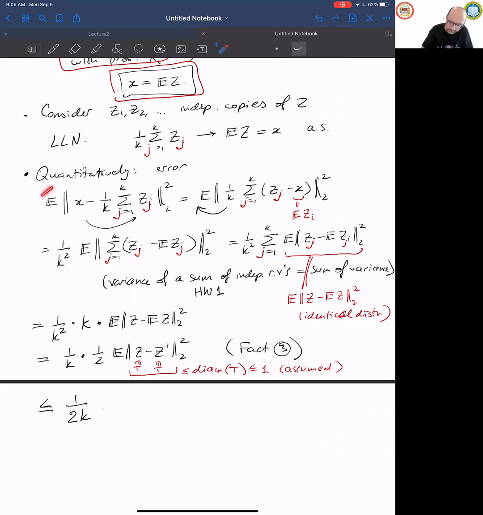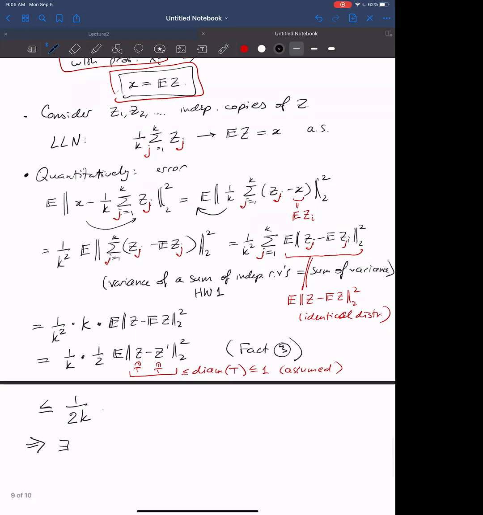So we proved that the expected value of something is less than 2k. And if the expectation is less than 2k, then the random variable whose expectation is less than this, of course, takes some value that's less than that. If we have a random variable whose expectation is less than 10, then it must take a value less than 10, otherwise the expectation is larger. So there is, we call it, a realization